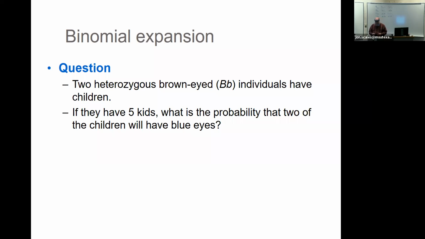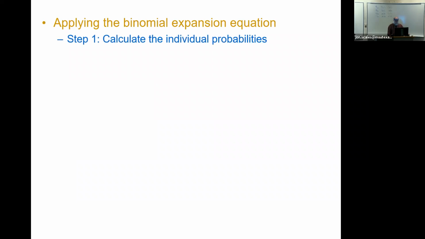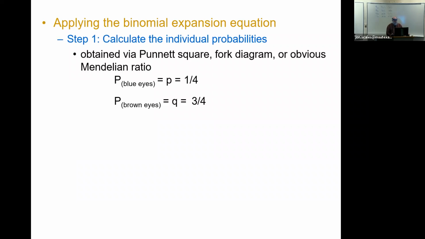So let's talk about this example. We've got some people that have brown eyes, but they know they're heterozygotes. They had a parent that had blue eyes, for example. You'd know you're a heterozygote. They're going to have kids. They want to know the likelihood of some outcomes, like who really cares? But it's a simple genetics question. It's not even 1 gene, so it's totally bullshit, but whatever, we'll go with their game. They're going to have 5 kids. So right off the bat, you can tell they're nuts. And then what's the probability that 2 of them would have blue eyes? Why? You're going to sell them or something? I don't know. Why do you care? Anyway, all these questions, you just start thinking deeper about it and you're just like, what?